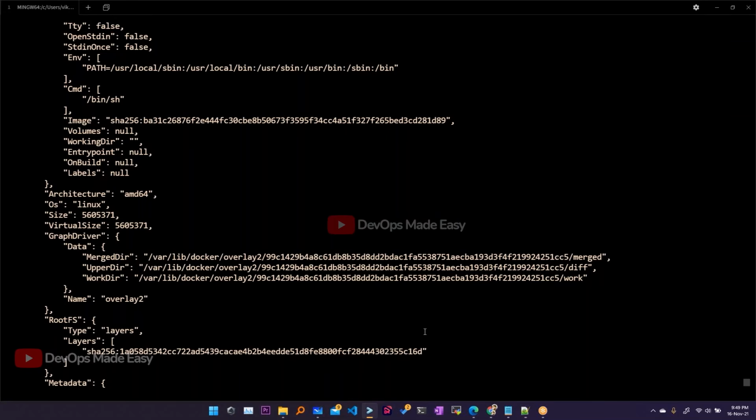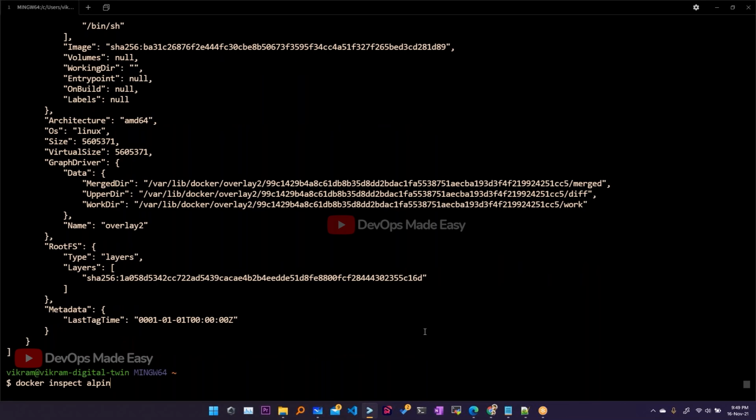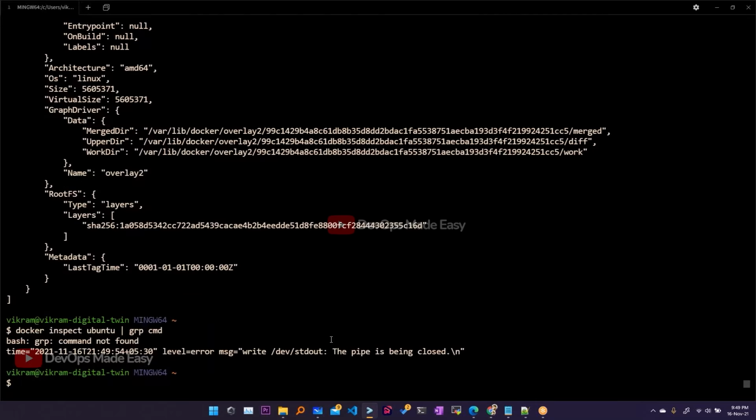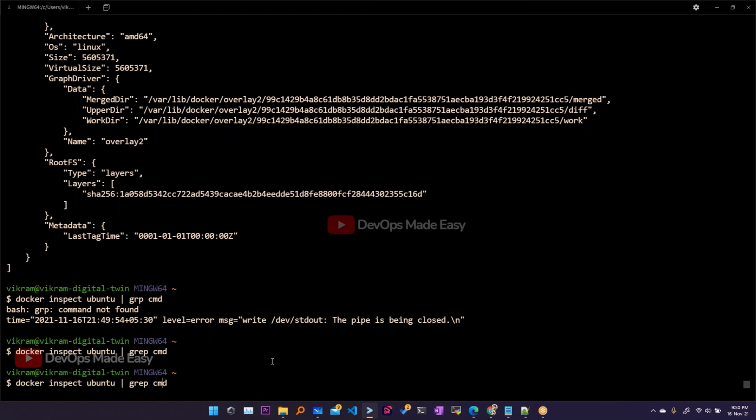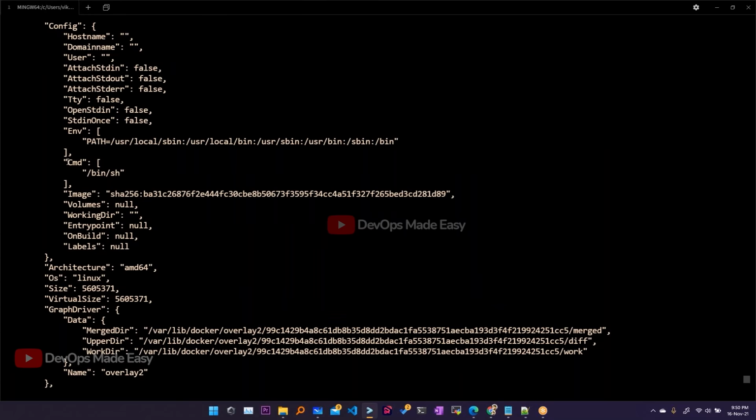If you inspect the Ubuntu image, docker image inspect ubuntu, I can directly grep for cmd, because instead of seeing the whole thing, the name is not lowercase cmd, it is capital C. I think the naming convention is like this, Cmd.